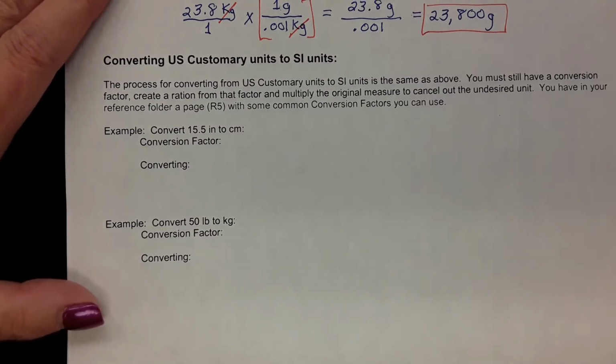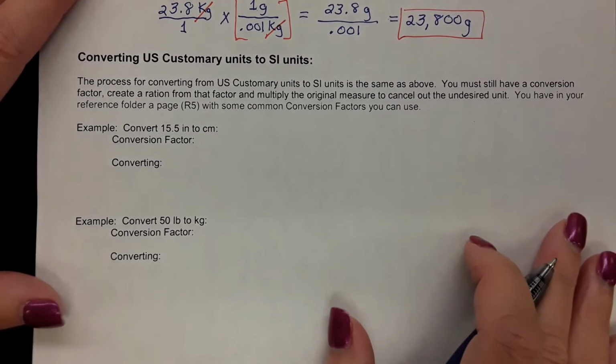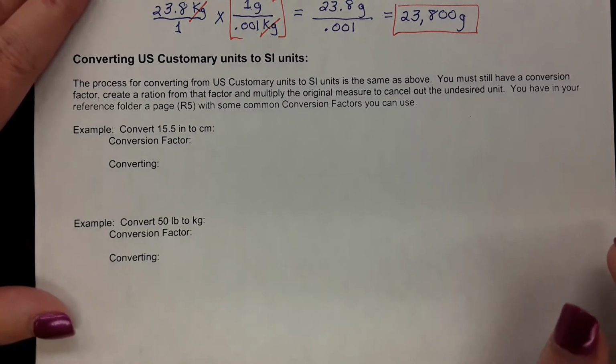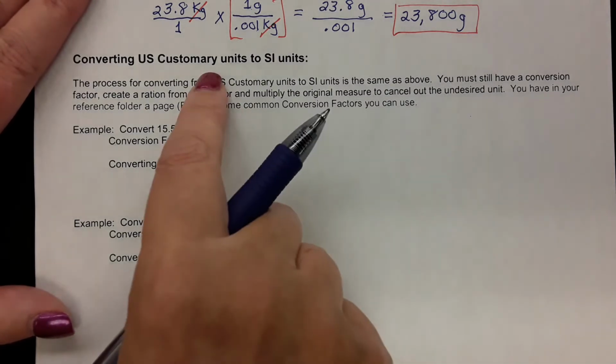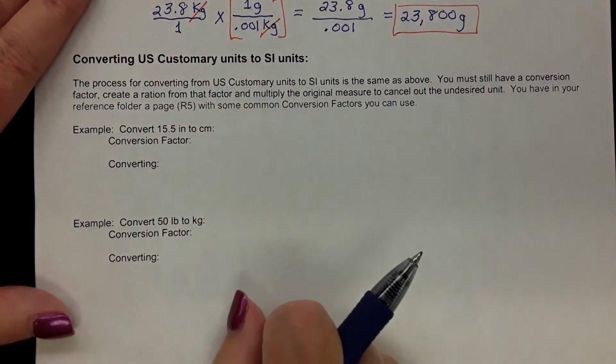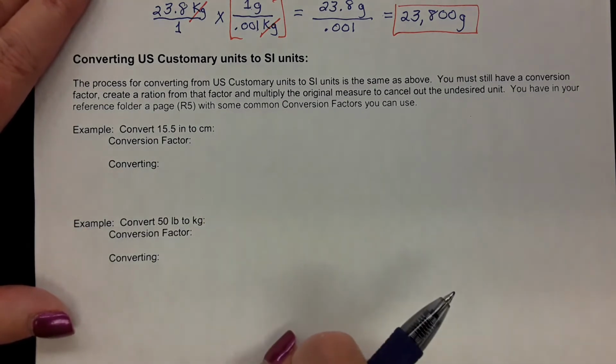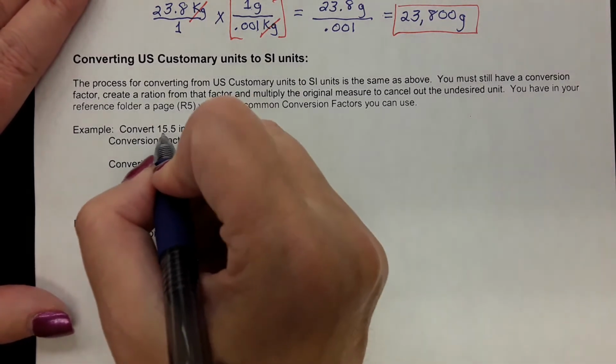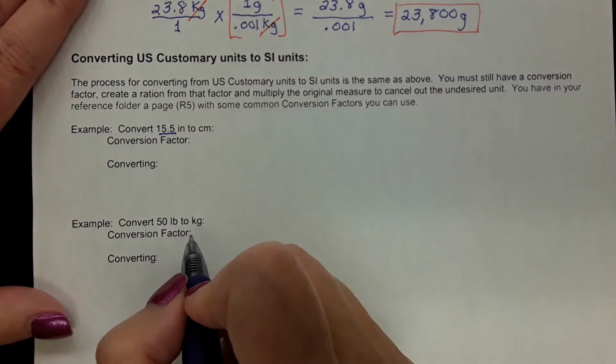Now, I know some conversion factors, and I'm also putting into your reference folder an R5, reference page 5, which has common conversion factors or equivalencies for U.S. customary to SI units that you can use. I just happen to know these two right off the top of my head, so we're going to use them, okay? All right,